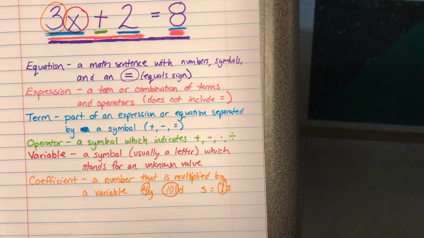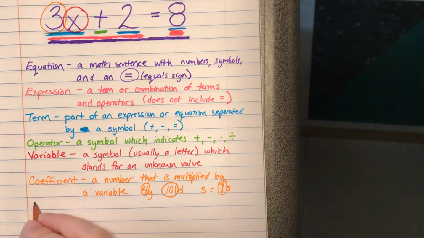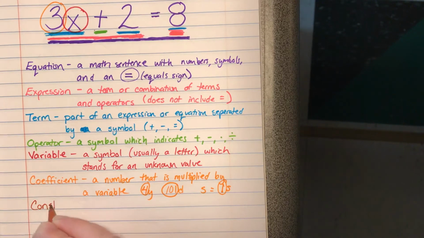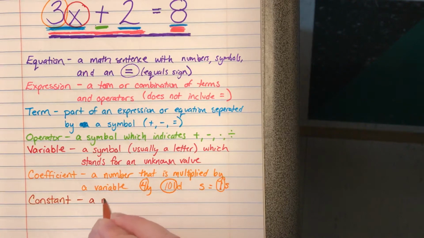All right, we've got one more vocabulary word that we need to go over. One more different color. I'm running out of colors. Aha, here's a brown. Let's use brown. The last word is constant. A constant is very simple. It's a number